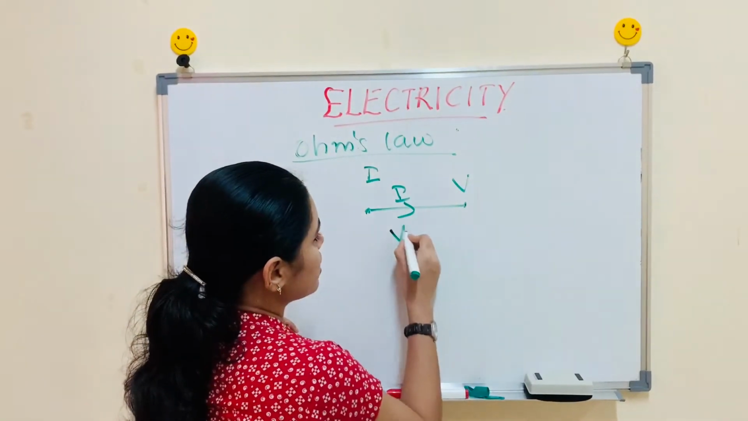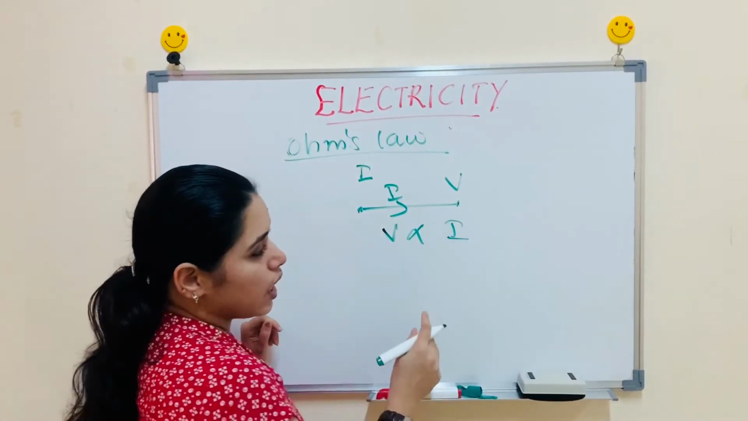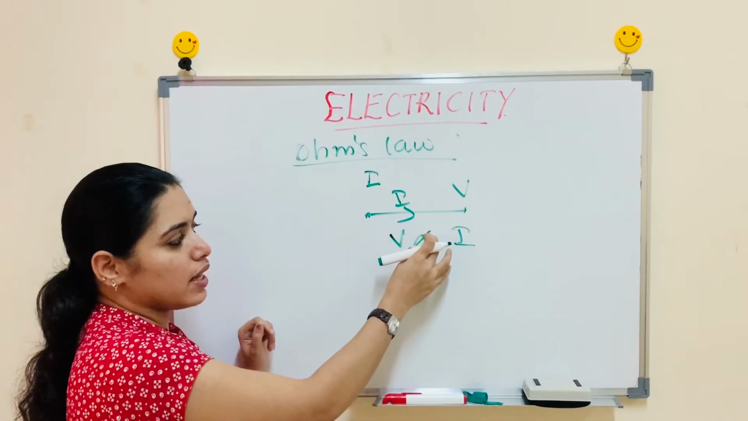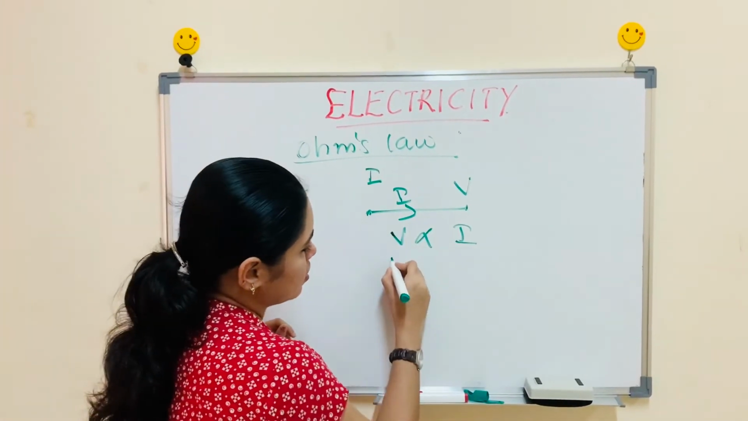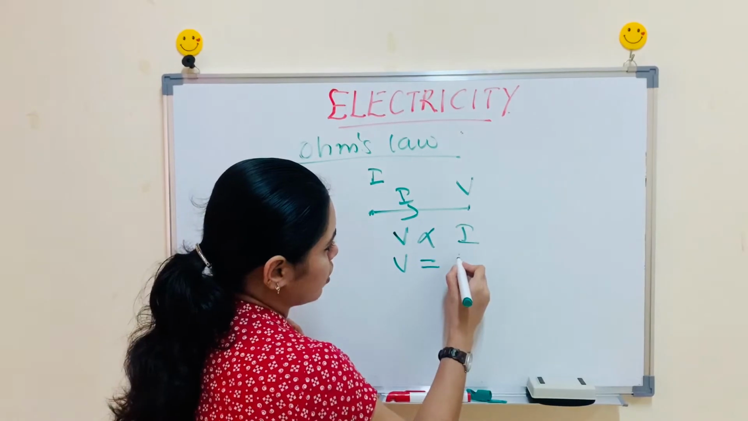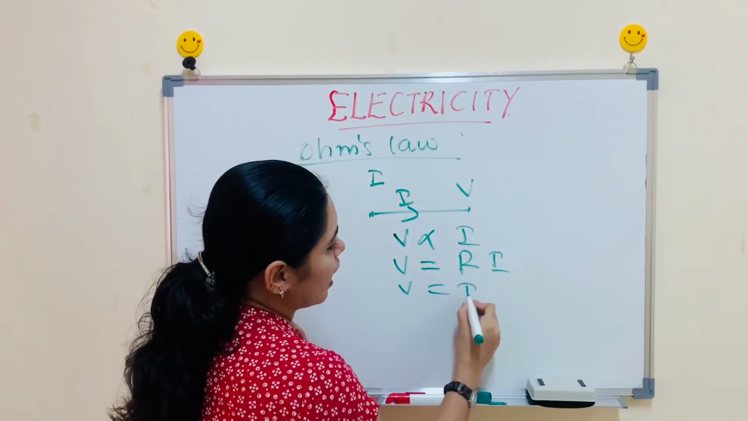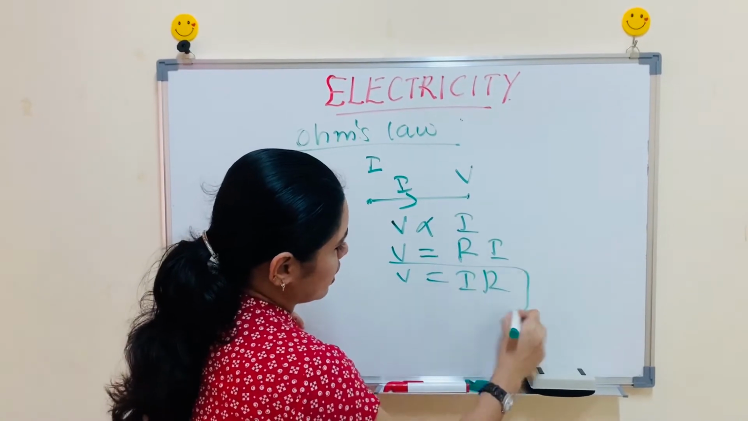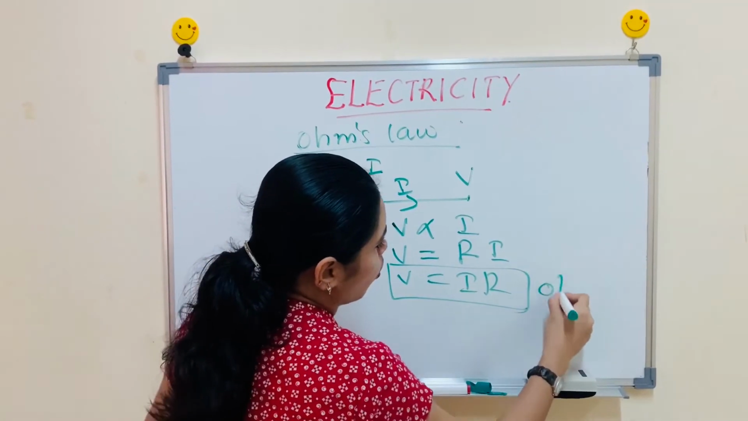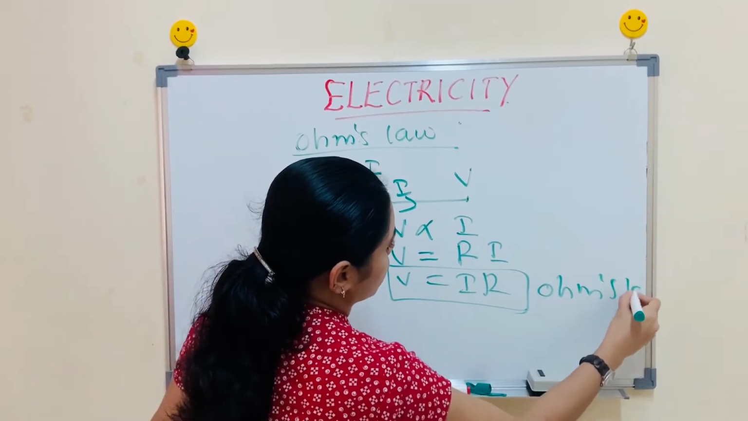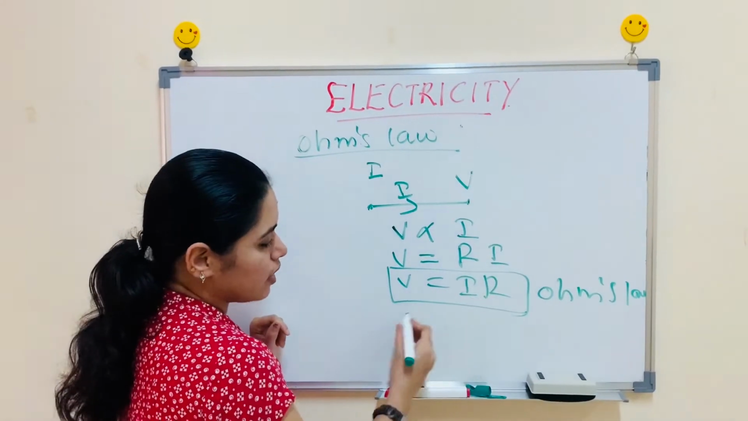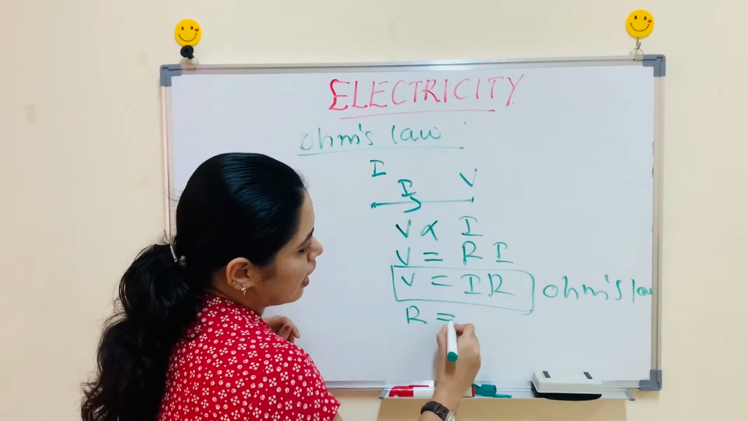That is, V is proportional to I. Now we have to change this proportionality into an equation by a proportionality constant. So we can write V is equal to R into I, or V = IR. This is what is our Ohm's law. Then what is this proportionality constant R? R is called